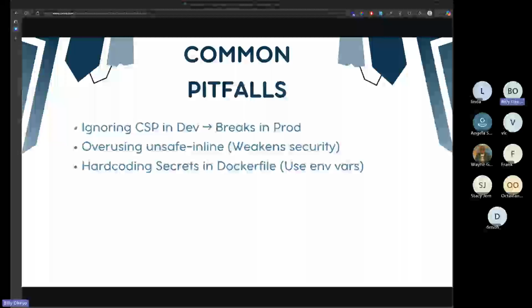Then lastly is hard coding secrets in Dockerfiles. So this is when you're doing the containerization bit. Most of the time people tend to run something random like ENV, then you specify your API key. So there are certain restrictions that when you do